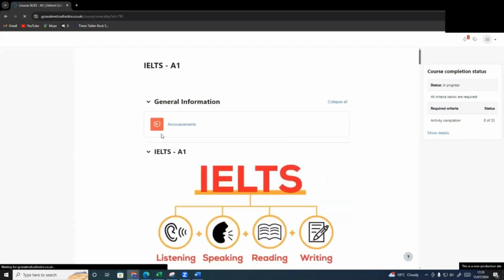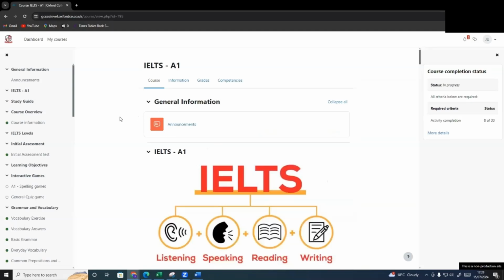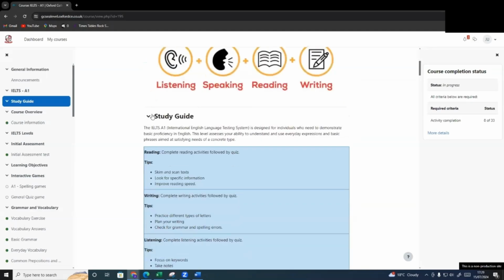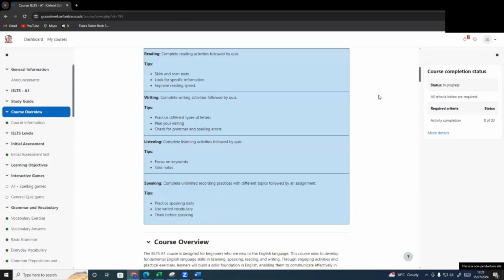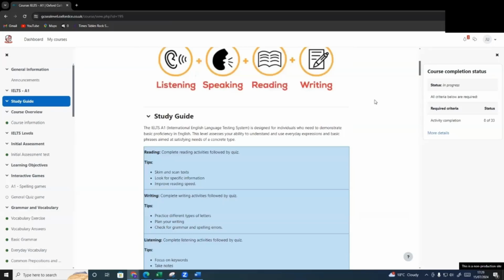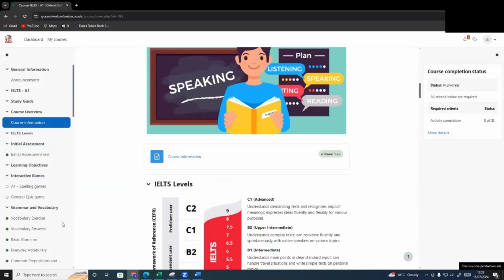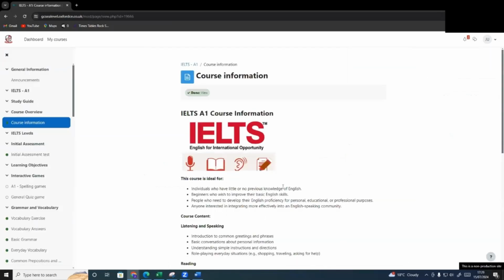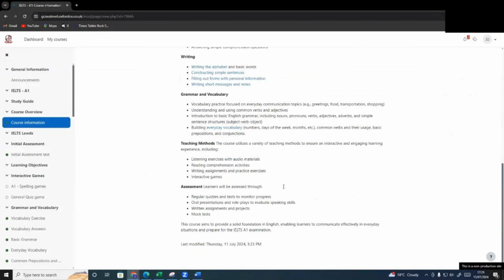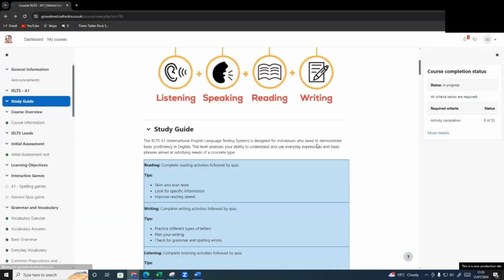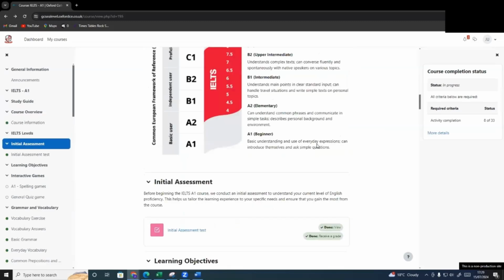your way through. Today I'll be demonstrating the IELTS test, the course, and the first thing you will see is the study guide, which breaks down each component of the course for you into reading, writing, listening, and speaking. After this, you will reach a course overview, and it provides course information for you, which you can read in your own time, breaking down each section again. Returning back to the course, there are the IELTS levels,